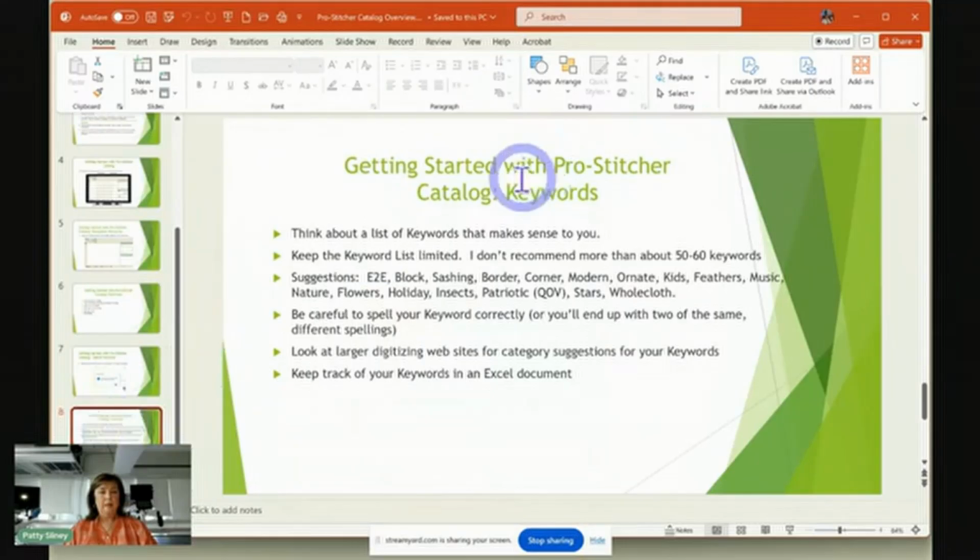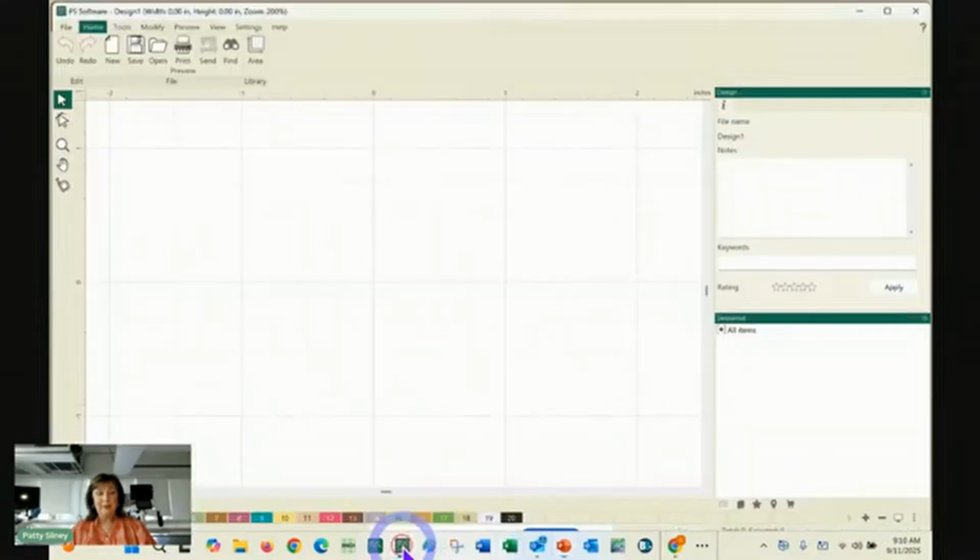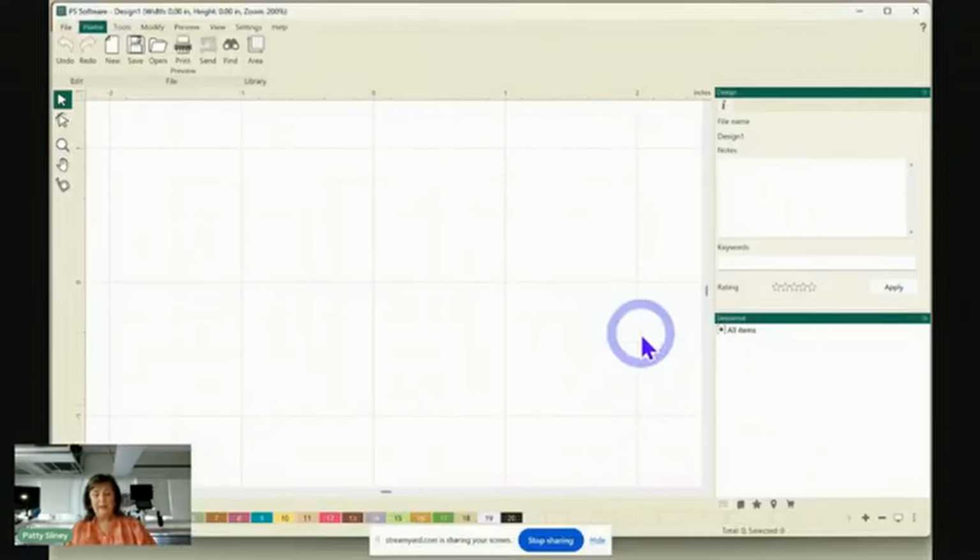And I'm going to get back, and we're going to talk about these keywords in just a second. But let me pull up Catalog now, because I want to show you how to use it. So the first thing I said we're going to talk about is how to search for